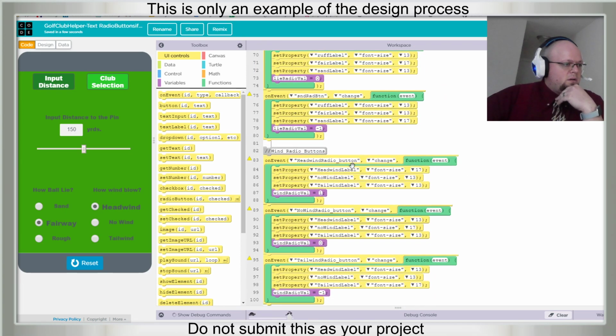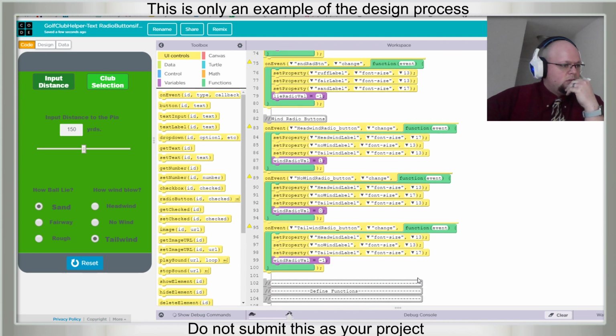Headwind radio button, no wind radio button, tailwind radio button. Does this still work? This still works. Does this work? Why doesn't it work twice? Now it doesn't work at all.